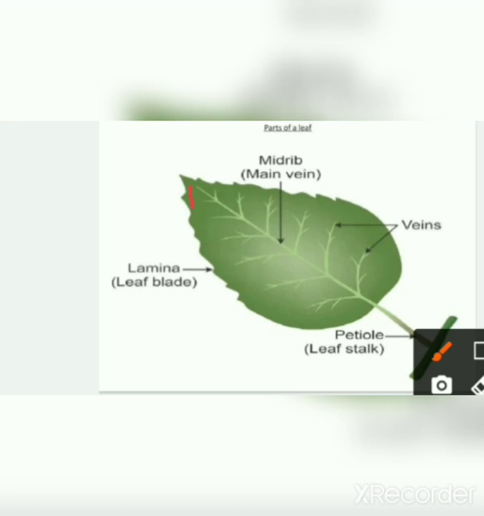The leaf blade is the whole part of the leaf that we call leaf blade. In most of the leaves, the upper part of the leaf is very different in color as compared to the lower part of the leaf. In some leaves, the upper side is very dark in color, whereas the lower side of the leaf is very light and rough. There is roughness in the lower side of the leaf.